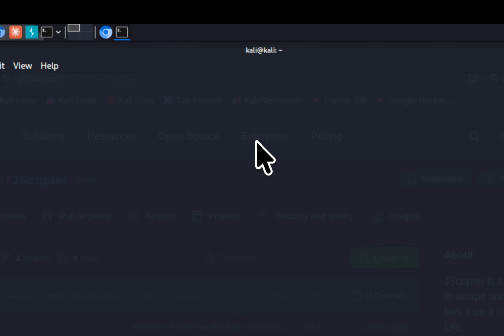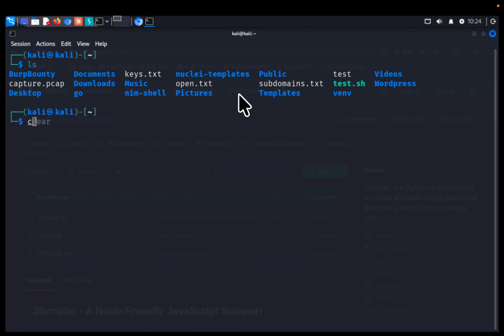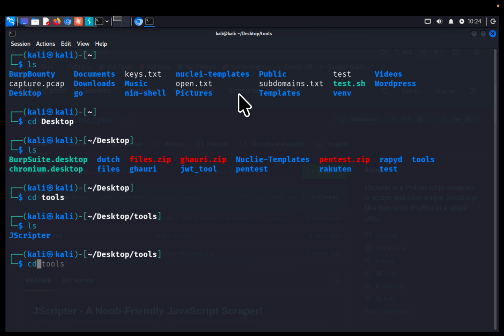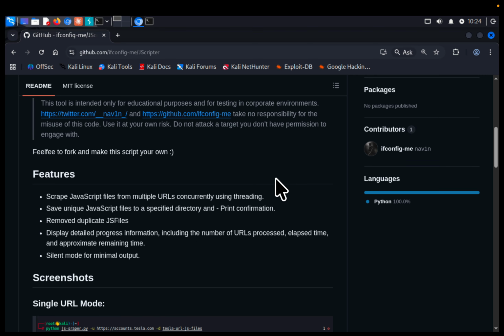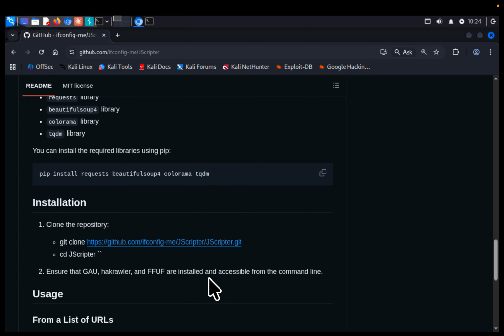I've already installed it. Let's check on desktop, and here let's go into tools. Yeah, here we have JScripter. So let's learn about it a bit. You just need to clone it, and after that, here are the requirements. For that, you can use pip install these, and then